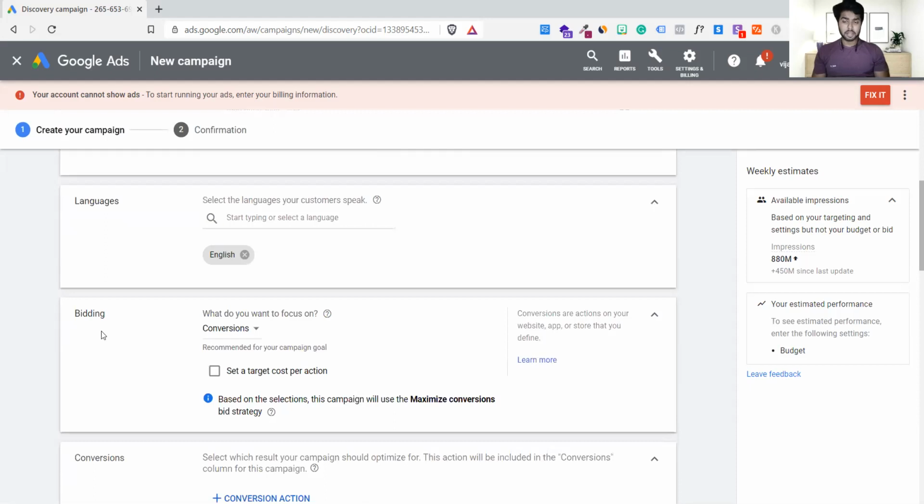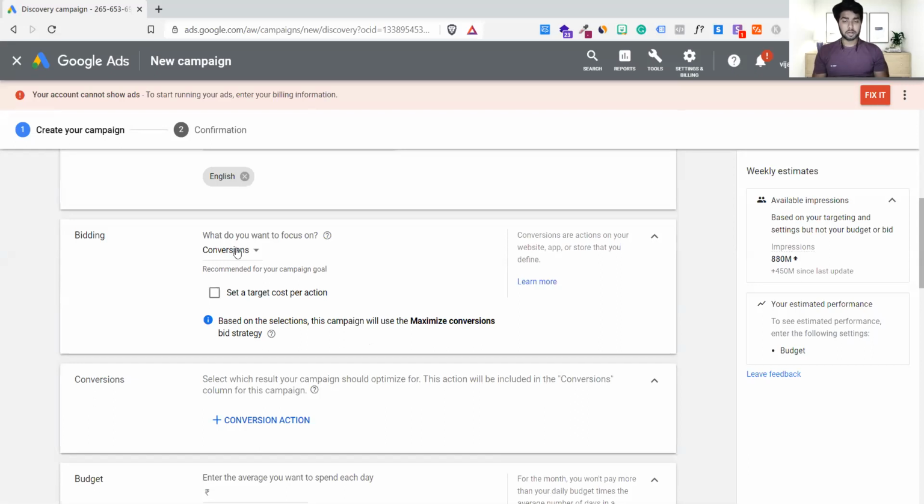All right, so let's come back here and let's see. We have a bidding option right now. As we have discussed, there are various types of bidding options. Let's see what bidding option they give right now, which is conversions. Now you can see the campaign goal. This campaign we generally use to get leads or sales, or maybe a sign up for a landing page, anything else. And all these processes are called conversions. Correct, guys? That's why it comes under bidding, and we have the option as conversions.